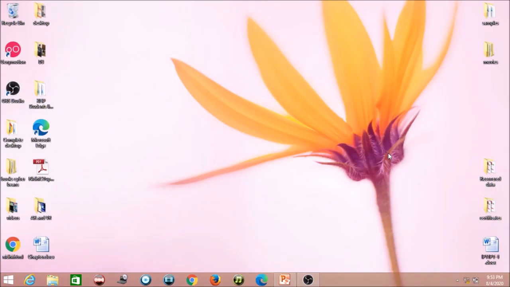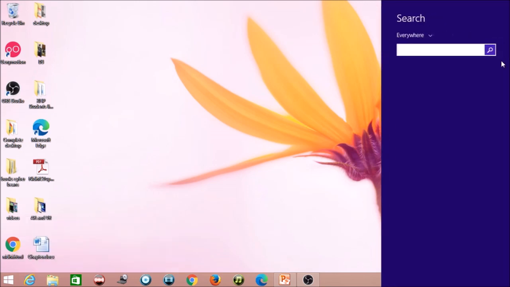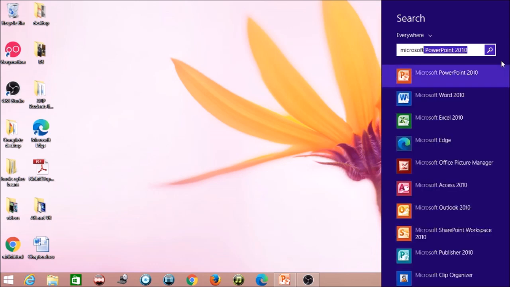Okay, on your laptop or computer, you have to go to the search tab and click Microsoft Word 2010. On this icon you have to click. This W is the symbol of Microsoft Word 2010. And if you are not finding it in search, just go to the Start area and then go to All Programs and then go to Microsoft Office, and there you will find Microsoft Word 2010.